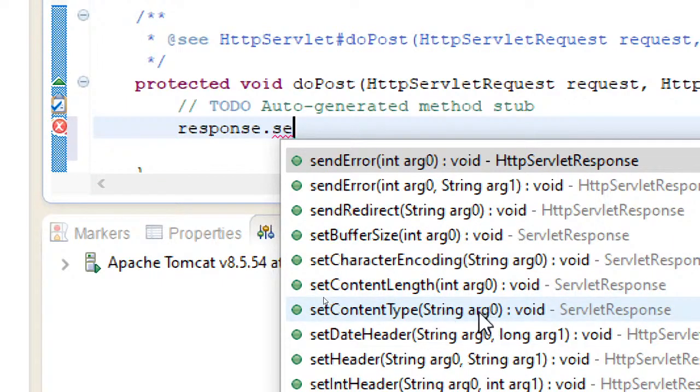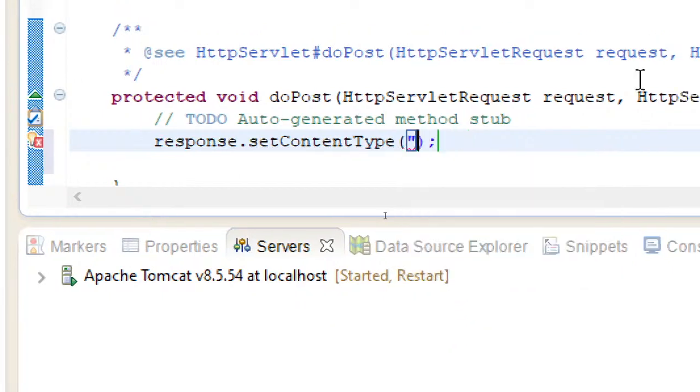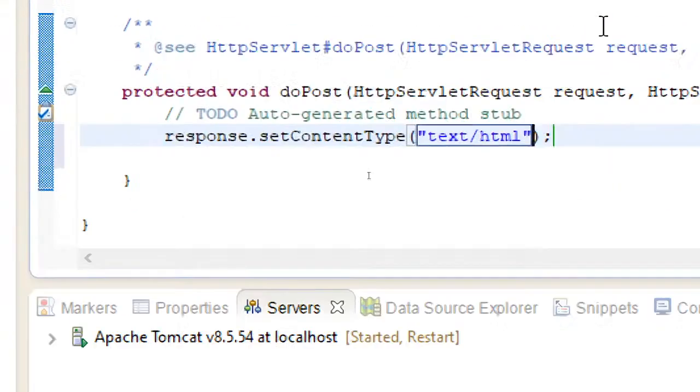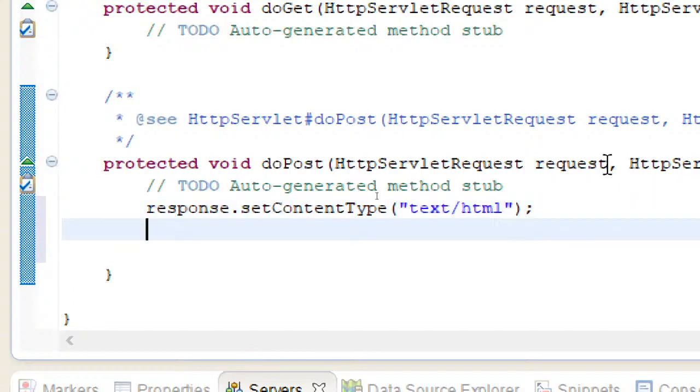Observe my mouse cursor position. setContentType takes a string argument, which will provide the servlet response. Here I am just using text/html. So whatever response I'm going to pass is going to be text only.